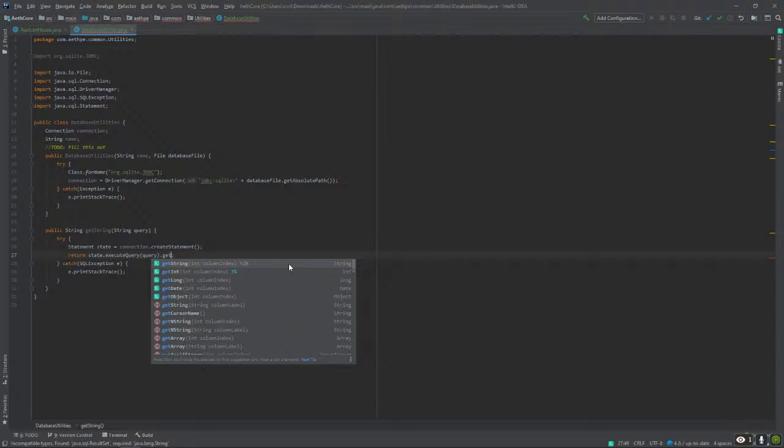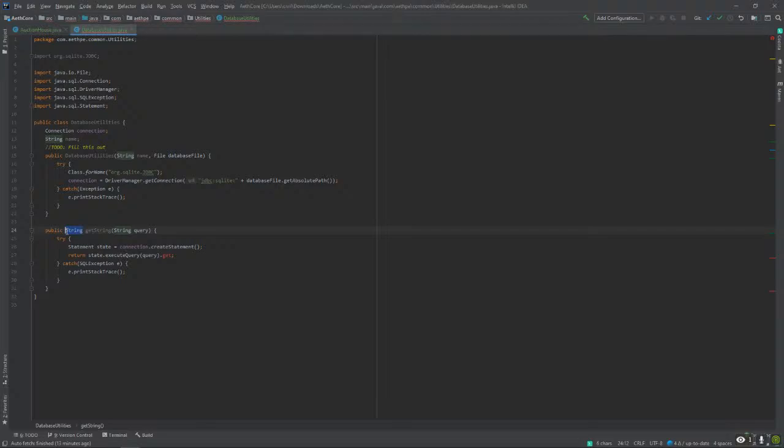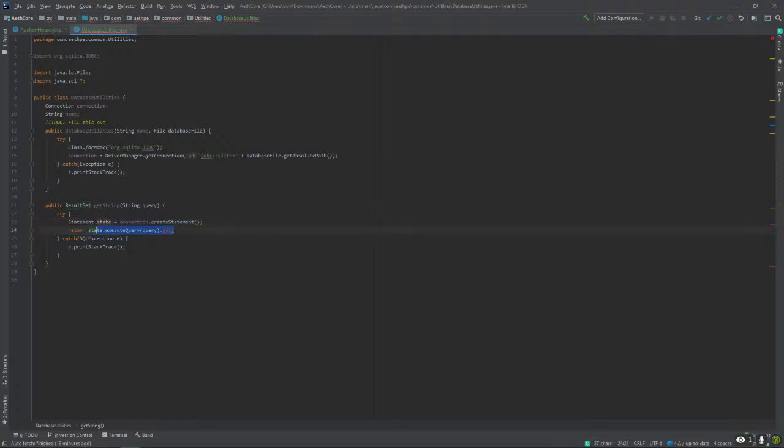Can I just return the result set? Yeah, I'm gonna just return the result set. And then from there I can get all of my stuff.